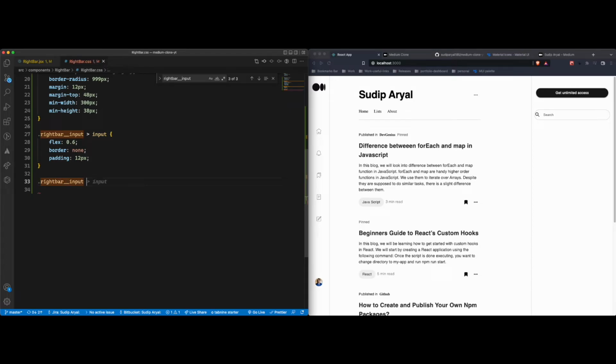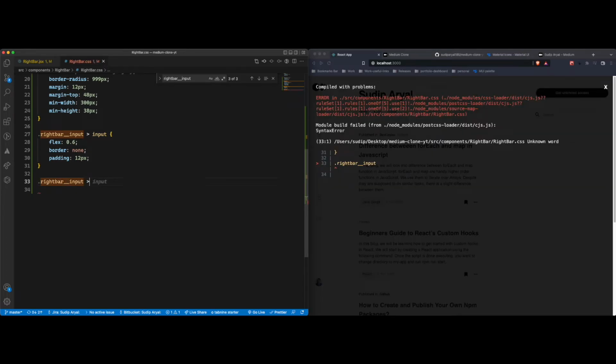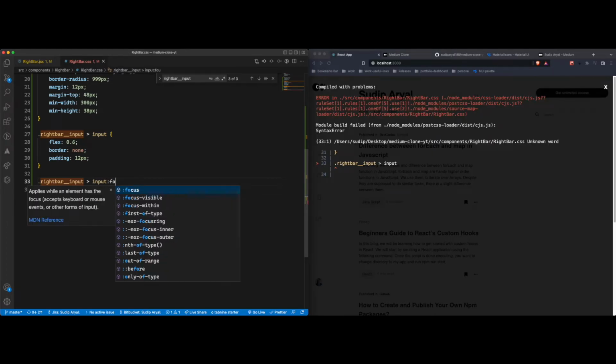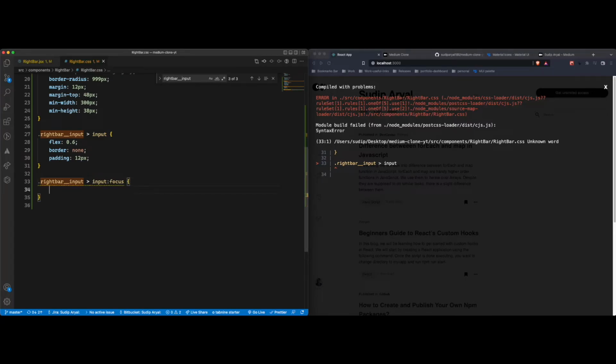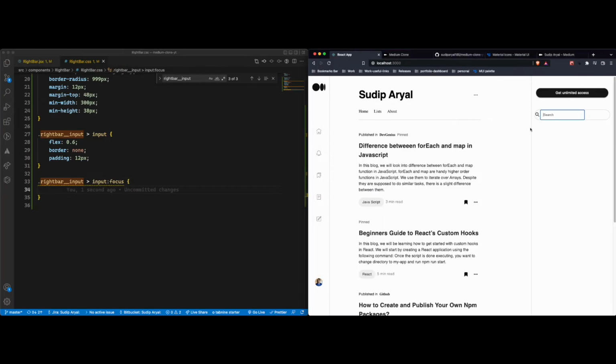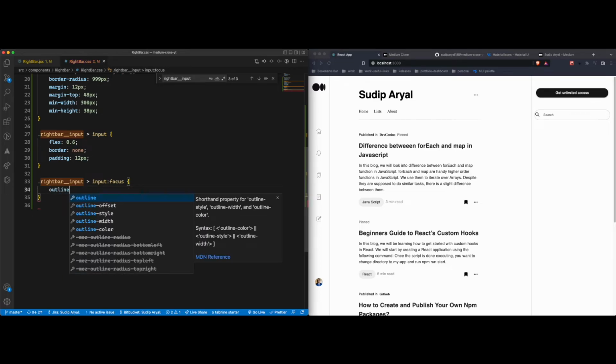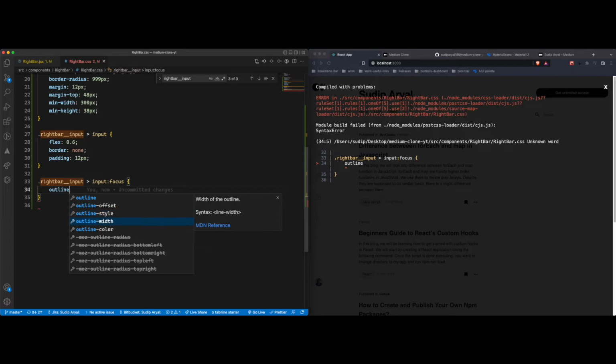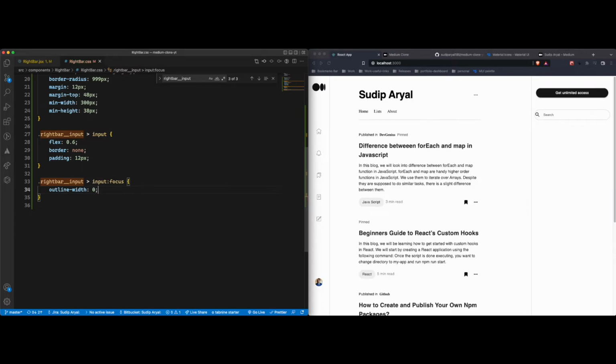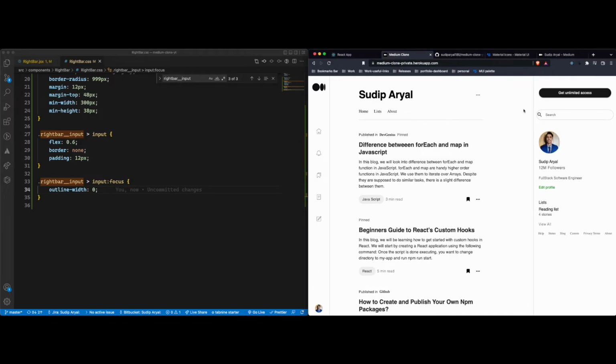We can just call that a class again, and from there I'm targeting the input field, and the property that I'm targeting is whenever it's in focus. So this selector is only going to run when this input field is in focus, basically. When that happens, we want to set the outline width to 0, so that should remove that ugly border that it was showing up, just like that. Now I think we are done for our